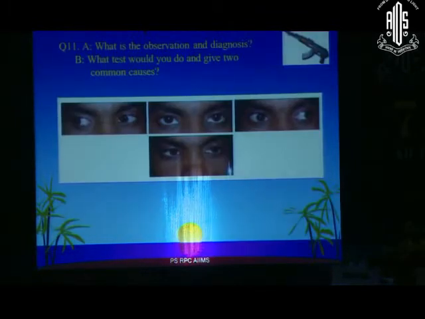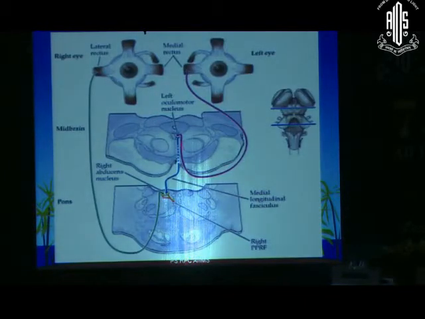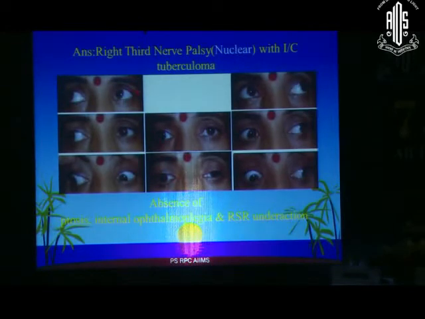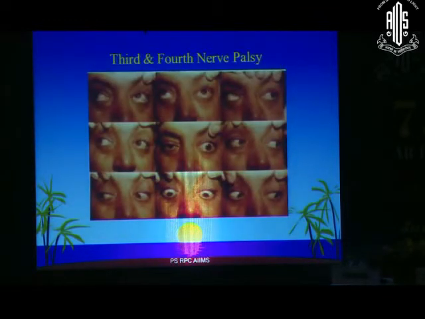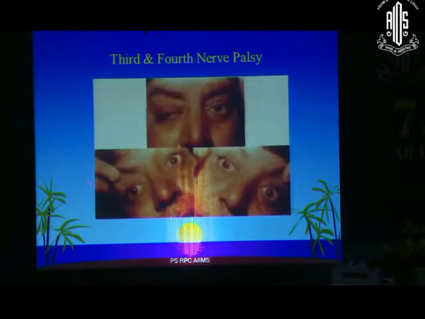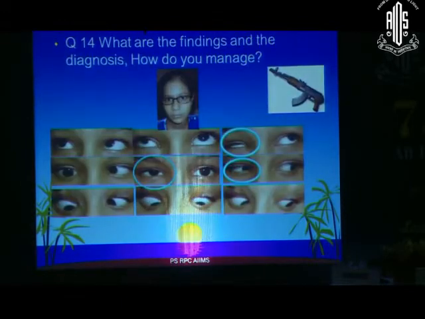So these are disinnervations that we have talked about today. MLF lesions, INO, internuclear ophthalmoplegia, may be there. And these are third nerve palsies with missing ptosis and pupils, which indicates a bilateral nuclear involvement. A superior oblique palsy may be associated in third nerve palsies. A bilateral head tilt test will pick up these cases. And if there is a normal fourth nerve in the presence of a third nerve palsy, you ask him to look down and see the intorsion of the nasal vessel.